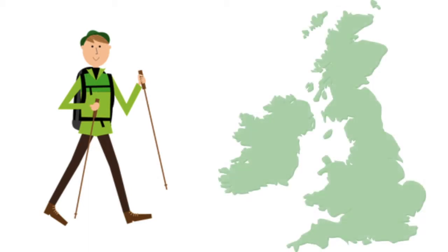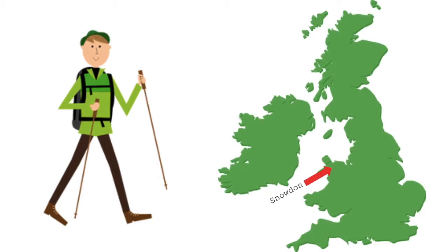We're going to be exploring 3 different mountains: Snowdon in Wales, Scafell Pike in England, and Ben Nevis in Scotland. These mountains are often called the 3 Peaks, and every year thousands of avid explorers race to climb them all in under 24 hours. So, throughout the course of this video, we're going to do our own virtual 3 Peaks